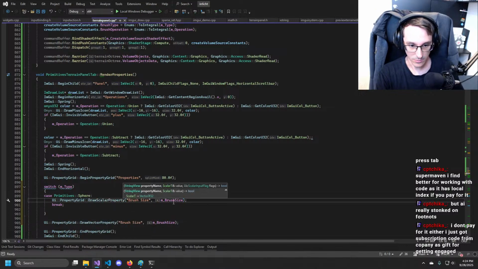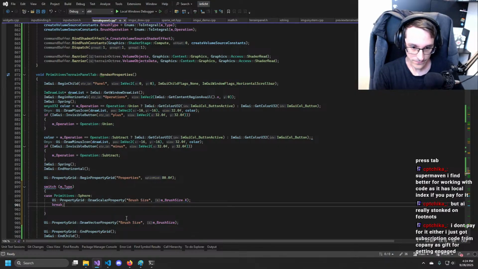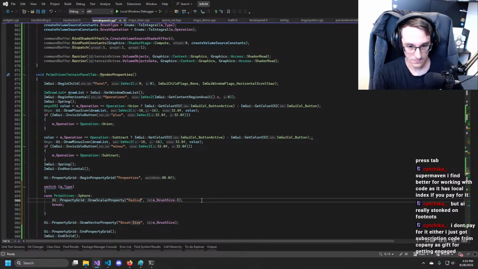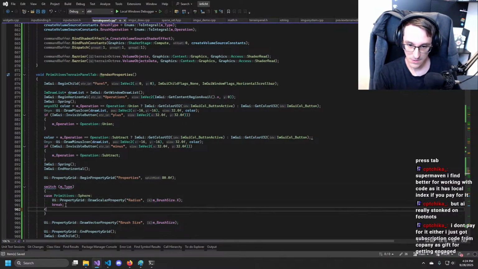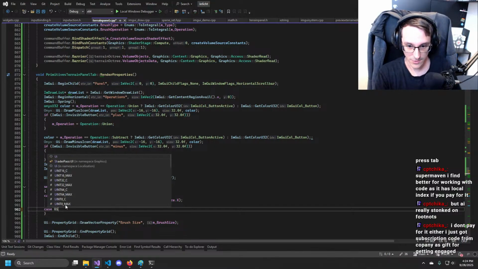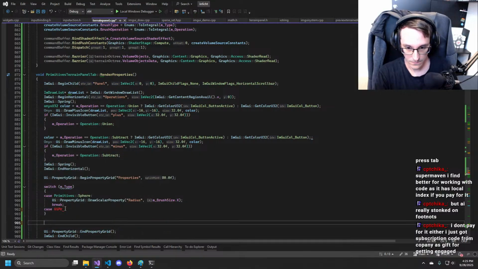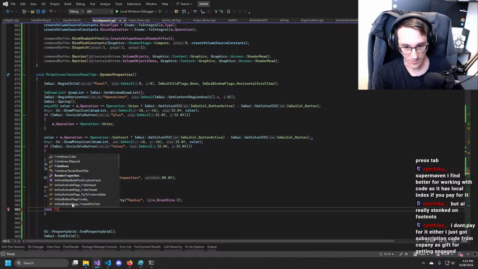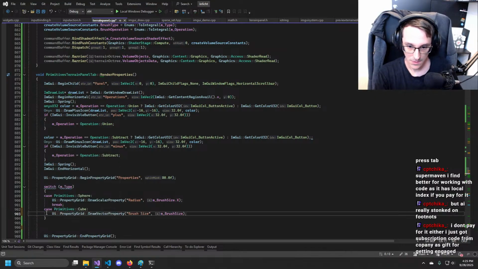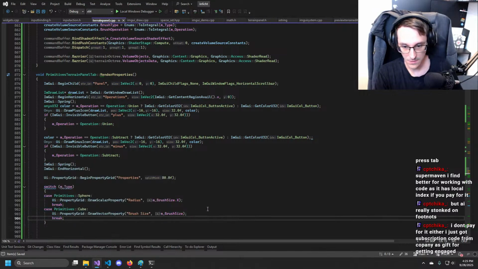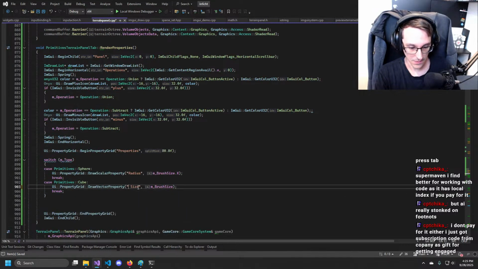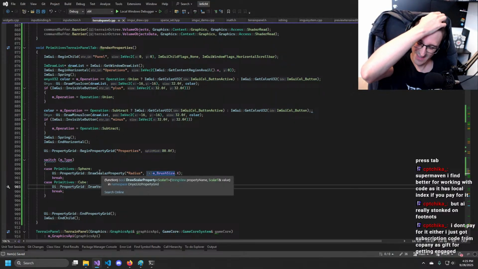Draw scalar property. Case UI property. Primitives cube. Size like that, and I mean